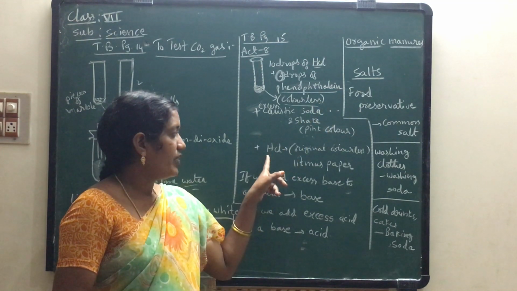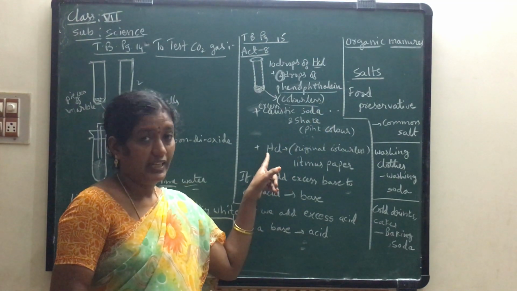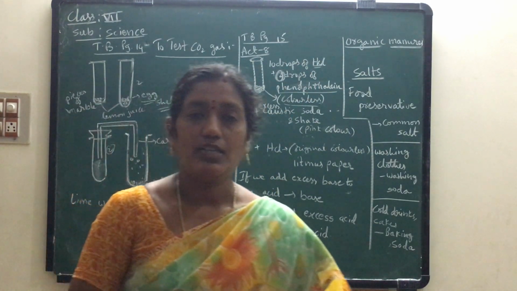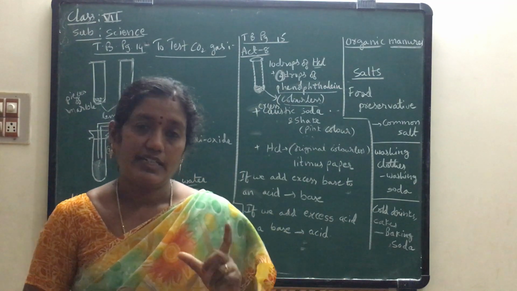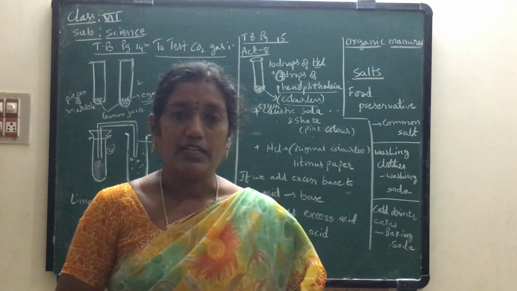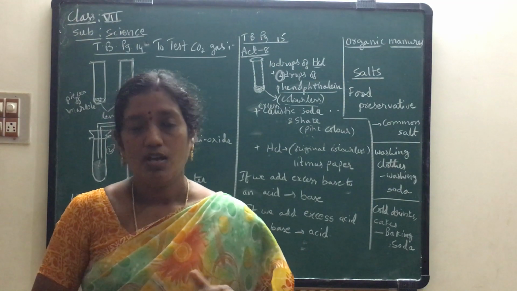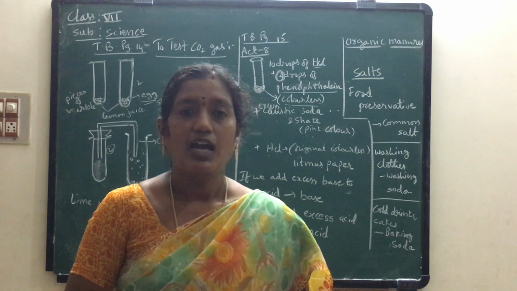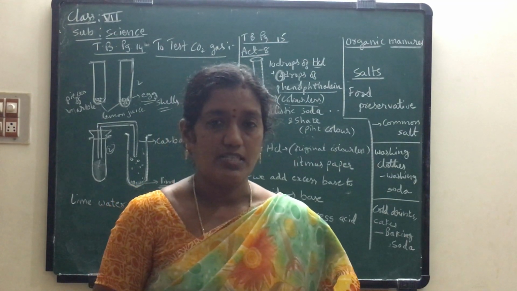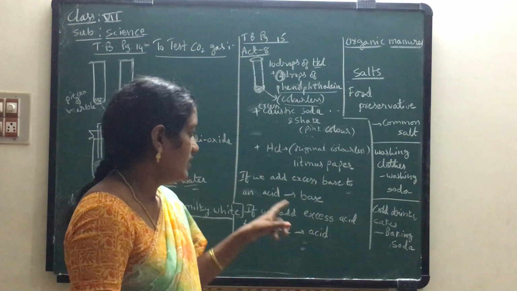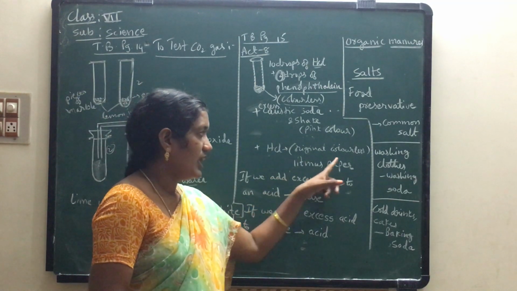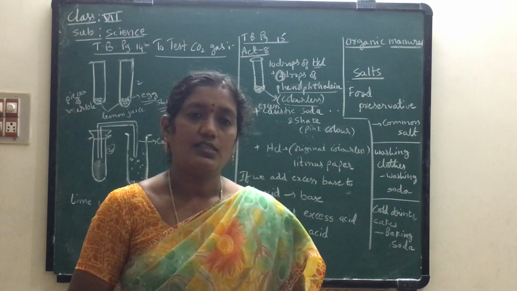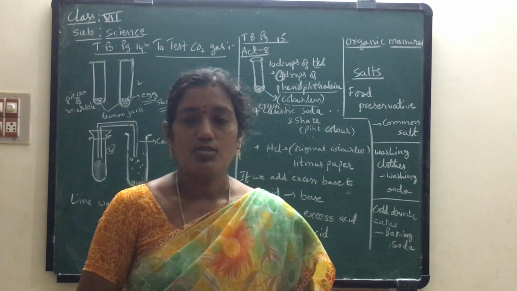Okay children, now to this pink colored solution we have to add again some amount of HCl. Now what is the color of the solution in the test tube, children? It is pink. So to that pink solution you have to add an acidic solution. That means you have to add hydrochloric acid, that is HCl. And shake it well. Then we will get a colorless solution, because phenolphthalein indicator turns colorless in acids.